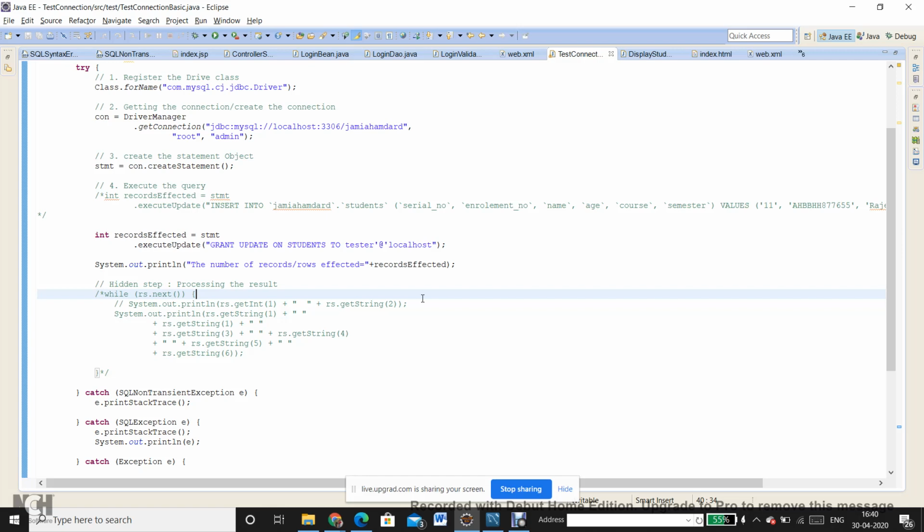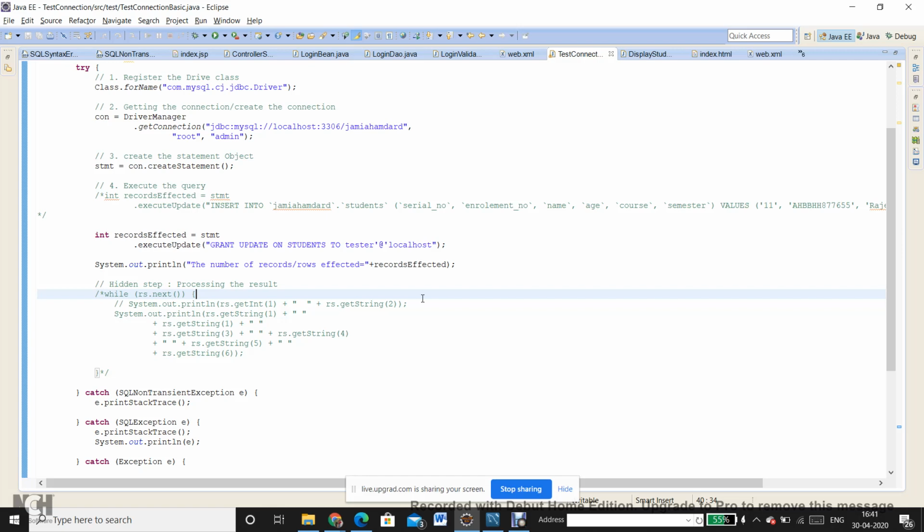Such are a unique kind of problems, and if we are stuck in it, we must be encouraged to figure it out. What I believe, it is not giving me an error that says that you cannot apply the grant statement or the revoke statement in the execute update method.